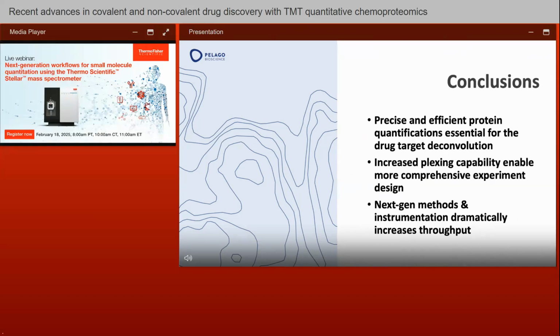With all that, I hope I managed to convince you that precise and efficient protein quantification is essential for drug target deconvolution, that the increased plexing capability of 32-plex enables more comprehensive experiment design, which gives you more opportunities to investigate your drug in more detail, and that next generation methods and instrumentation dramatically increase throughput and data quality in drug